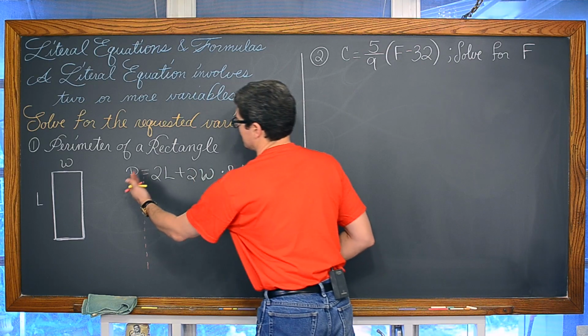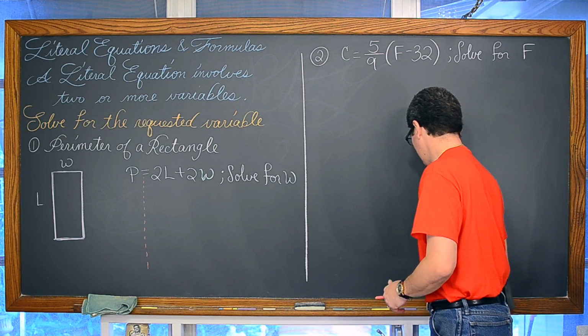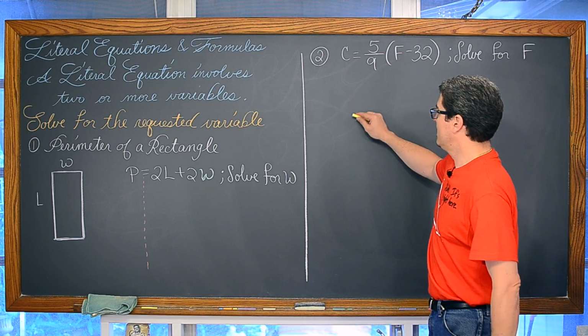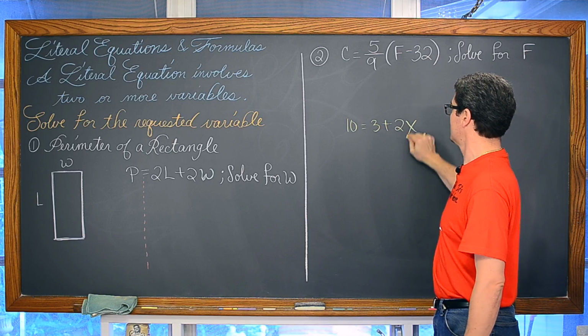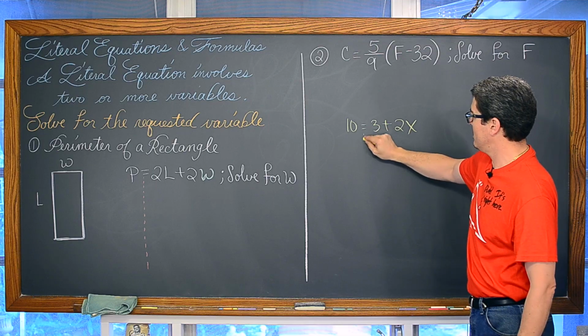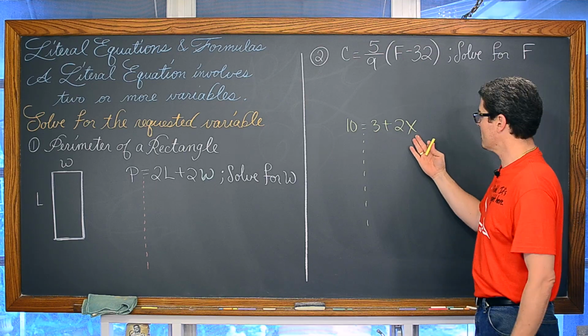And if you look at this and you're not sure how to solve it, well, if you can solve this equation, let's put it in yellow: 10 is equal to 3 plus 2x. How would you solve this? Well, the variable's on the right-hand side of the equation, just a simple 2-step linear equation.